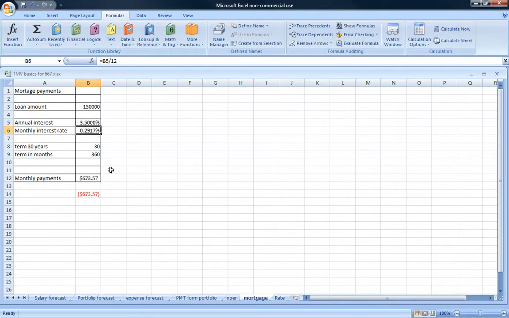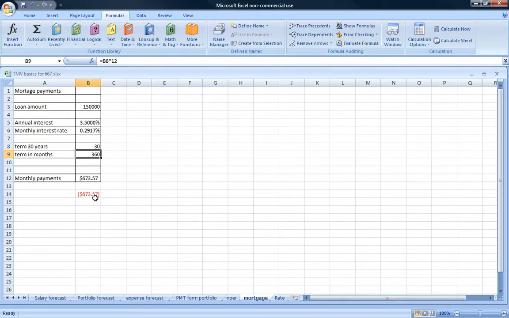So you can see the 3.5%, this number is really nothing more than taking this cell, B5, B again column and 5, divided by 12, you get that number. Term is 30 years, term in months is 360, which is basically taking this cell, B8, and multiplying that by 12, so you get 360. And when you do the calculation, we get